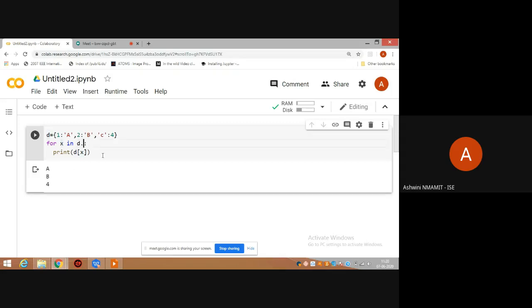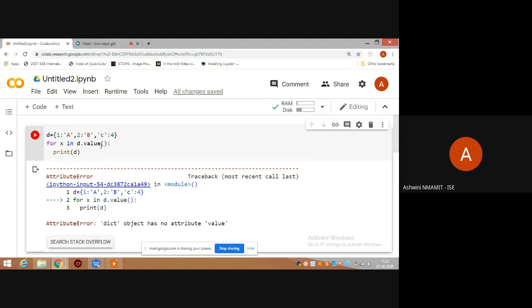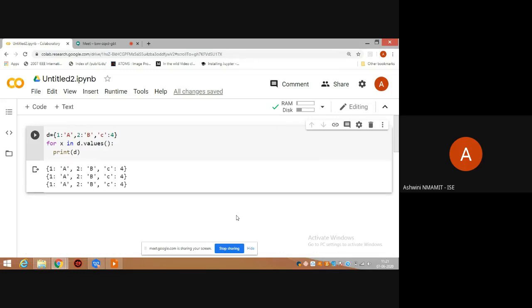There are a few more ways. Say if I want to get just values, so what does it retrieve? For X in D dot values, so every time 1 A, 2 B and 2 C. Let me just check. No, D dot values itself. So three elements, three times.